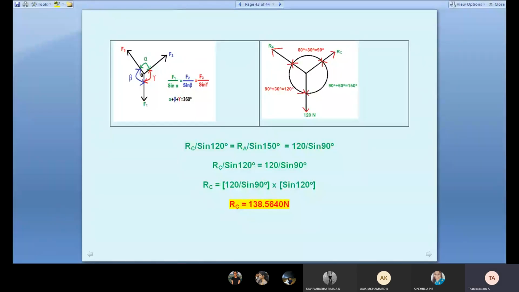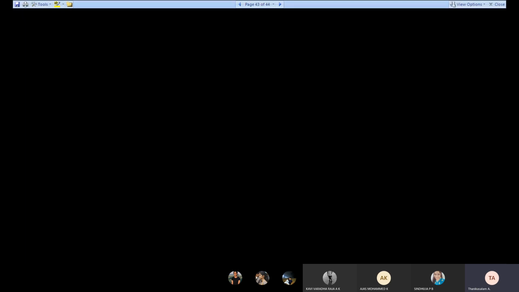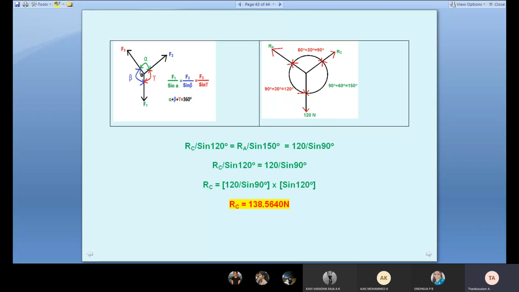So today what we discussed: we started some new problems on rigid bodies, resultant finding methods. For the resultant, you calculate the square root of summation H squared plus summation V squared, then resolve all forces horizontally and vertically. Then apply Varignon's theorem. Why do we apply Varignon's theorem for a rigid body? Varignon's theorem states that the resultant force moment equals the summation of individual force moments.